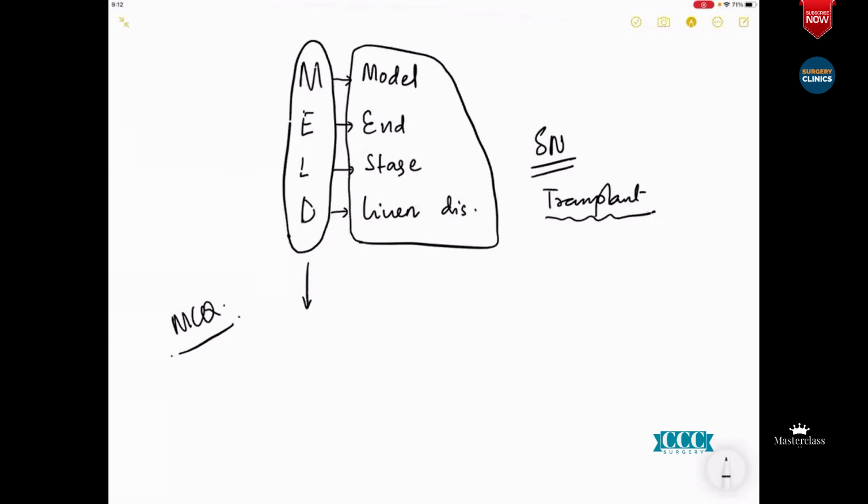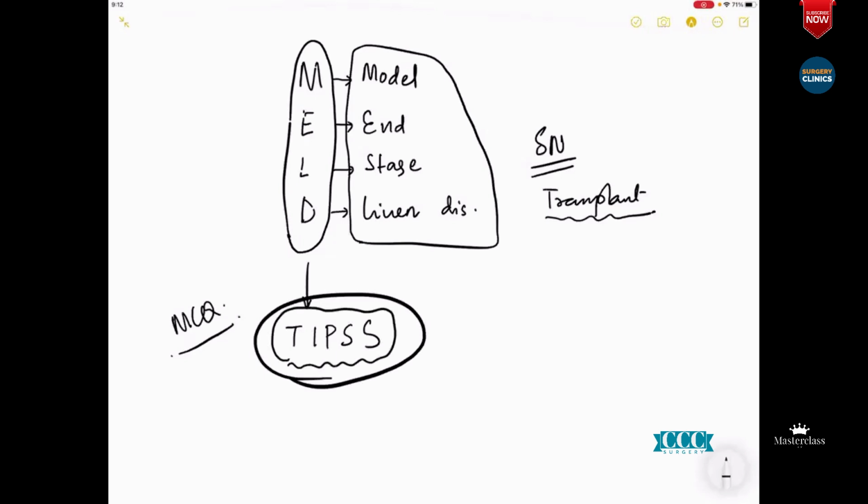This is an MCQ for your NEET SS. It was for predicting mortality after shunt surgery only. Sir, whether they can wait for transplant or not? No, sir, absolutely not. That is your reason for using this now. MELD was invented for seeing the mortality after TIPS. But now we understood that this has a better use, and we now use it for triaging our patients